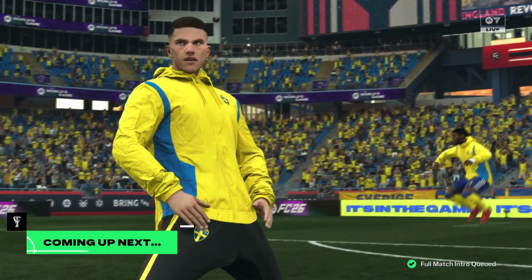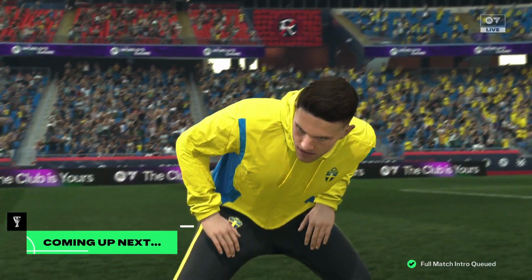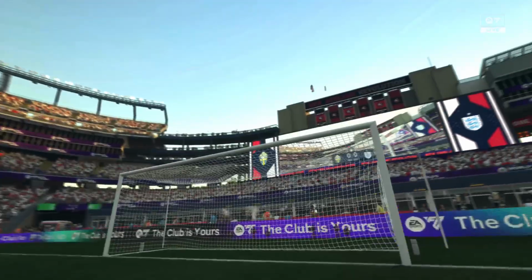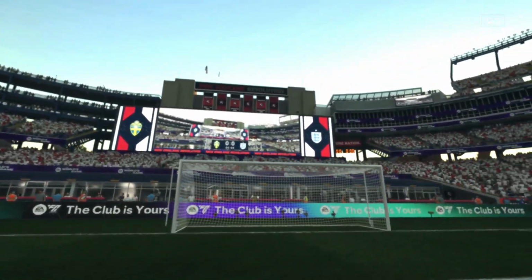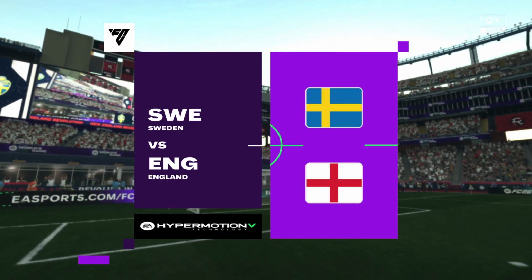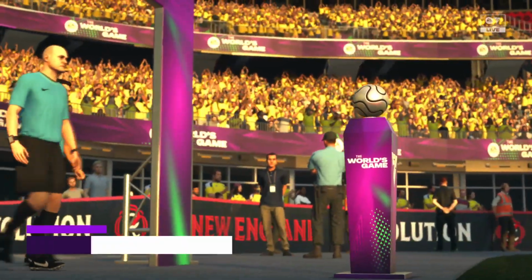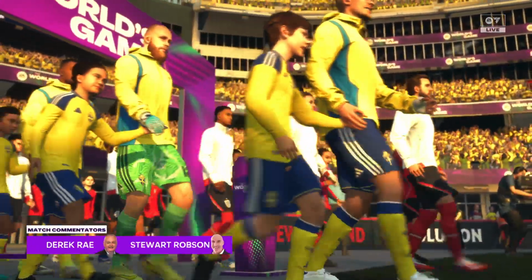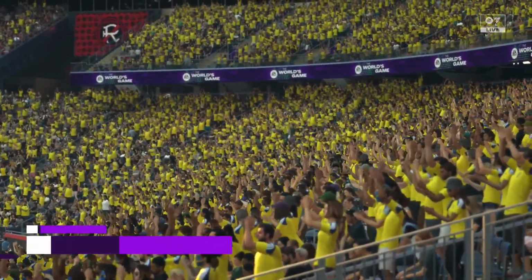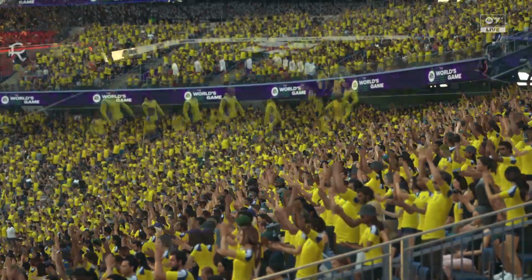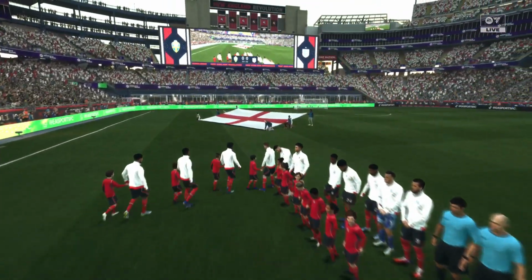Building to a crescendo all week, and very shortly it will be for real. We have all the action for you live. A time for composure, a time to stand tall. It's a quarter-final meeting on this colossal stage. I'm Derek Ray here at the microphone, and sharing commentary duties with me for this one is Stuart Robson. And what a game we have to look forward to. It's Sweden, and they take on England. There's so much at stake here. Let's hope both teams play with a bit of freedom, because there's so much quality on show today. This is a massive game.